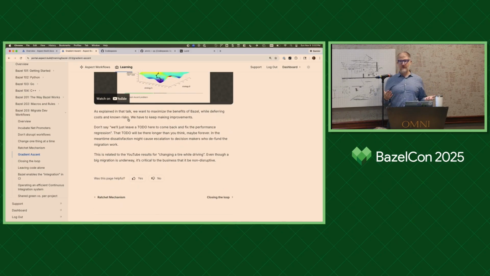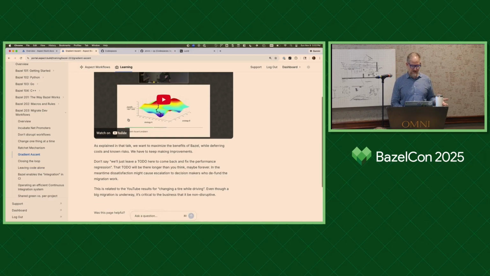If you leave a to-do, like, yeah, the performance regression will be fixed real soon now, right? And then you get new priorities, or you were never very good at really knowing your priorities to begin with, then real soon now doesn't happen for a while. And then engineers are mad and you're like, yeah, I know, I'm going to fix that real soon now. You can't get into that business. And so that's why I think